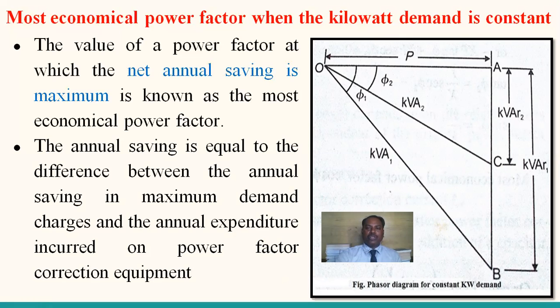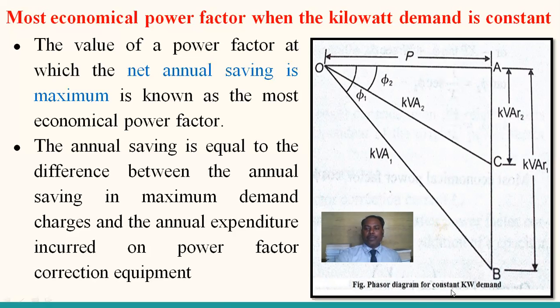So let us spend the amount, purchase the correction equipment and install it into the system, resulting in the power factor correction equipment injecting reactive power into the system. That is the leading reactive power, which neutralizes the lagging reactive power from kVAR1 to kVAR2 because of the capacitor or capacitors connected. So what is the condition here? By keeping the real power constant. Is it clear?